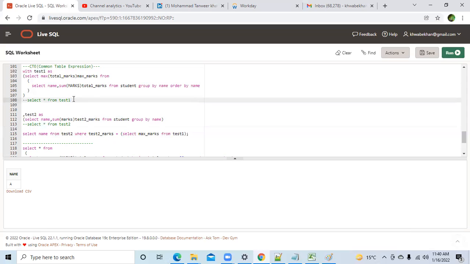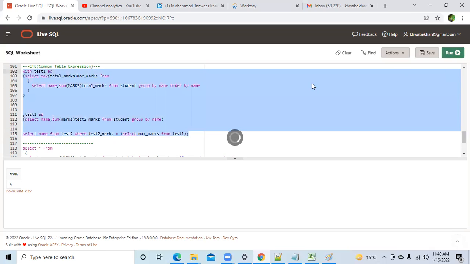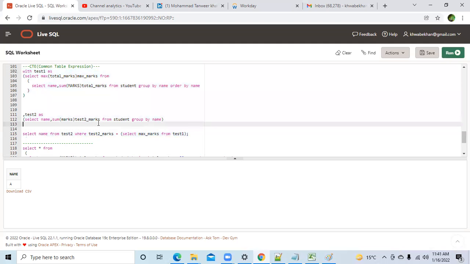And then I've used this select from test one just to prove a point, but it doesn't make any sense here. I've just used this query to prove it to you guys. So that's why I commented this out, since this is not required, and similarly this I've used to prove, and it is not required. So let me remove this one and this one as well. So this is your final query. If you execute this entire query, you will get the expected output. Clear?